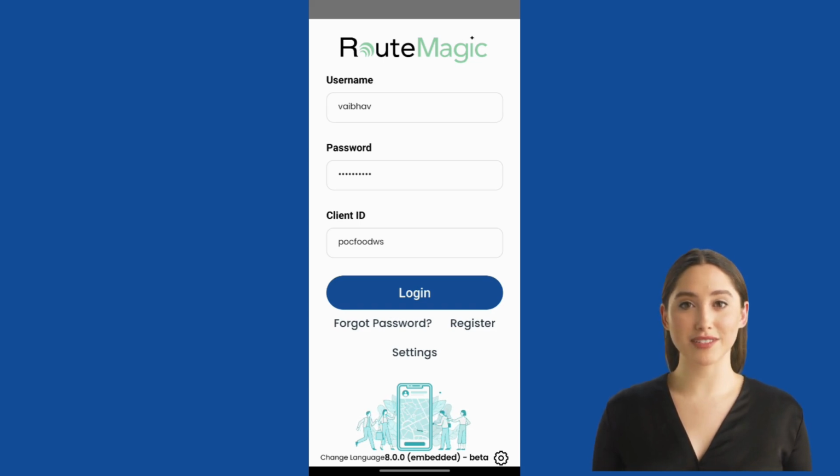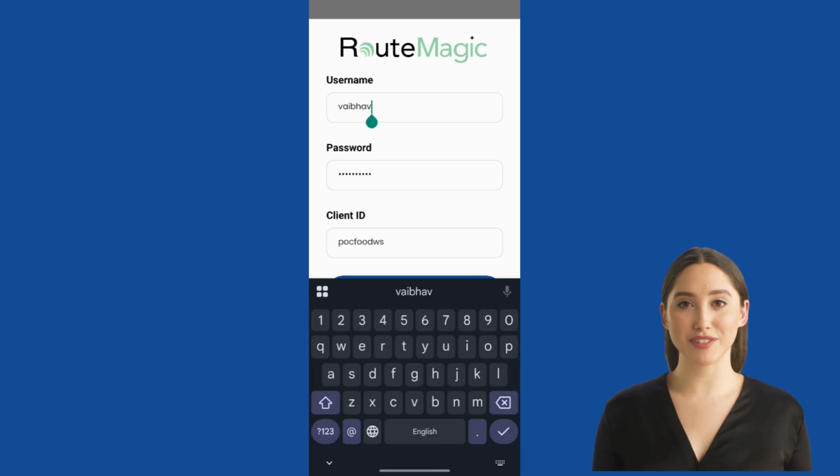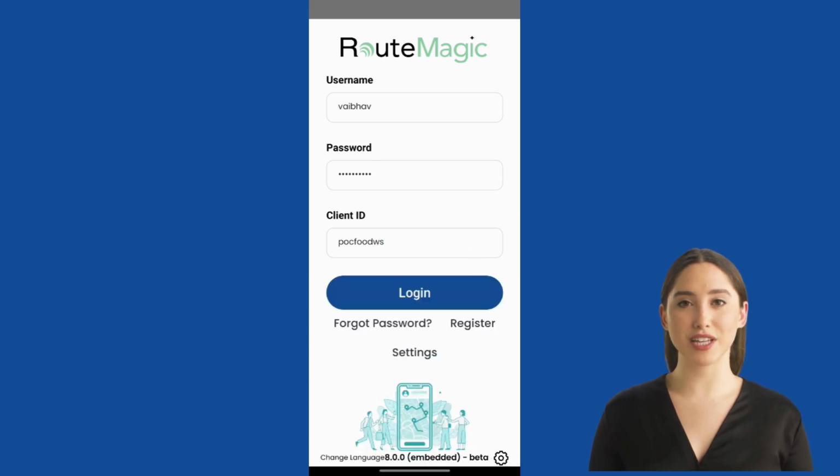Username field. The sales representative must enter their unique username provided by the back office. Password field. The corresponding password must be entered. The field is masked for security. Client ID field. The sales representative must enter the correct client ID, the tenant name, assigned to their company. Login button. Once credentials are entered, tapping this button logs the user into the system and directs them to the